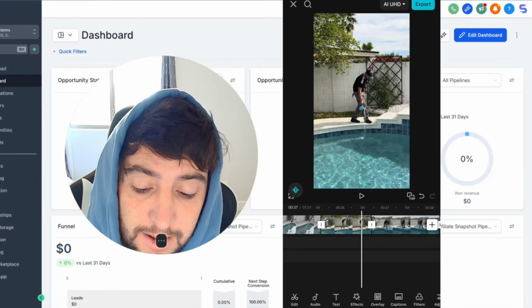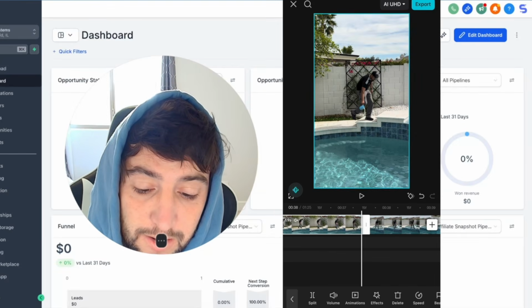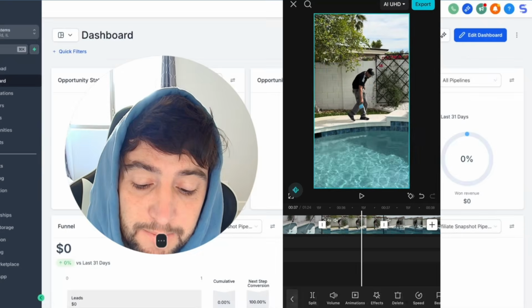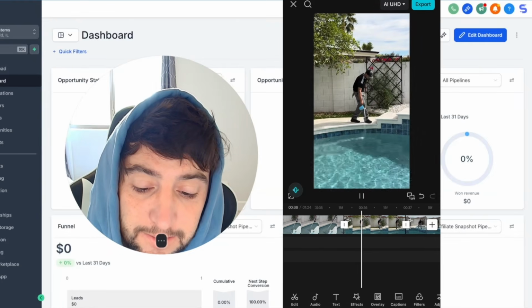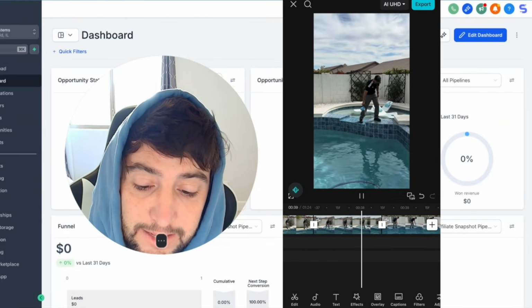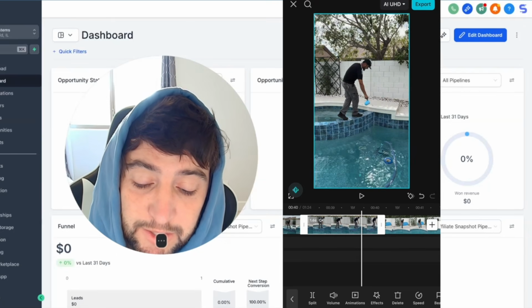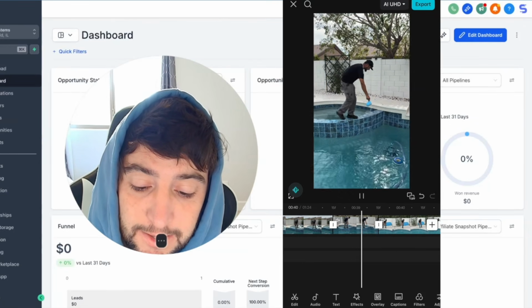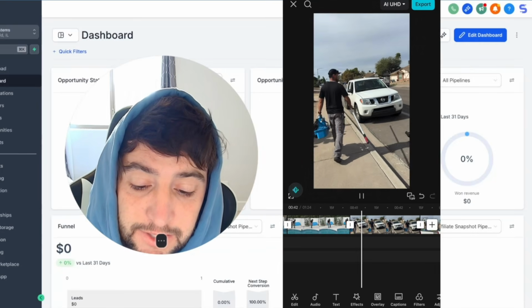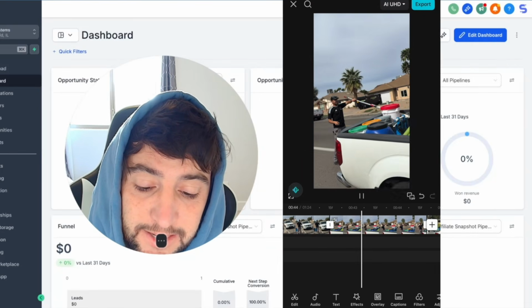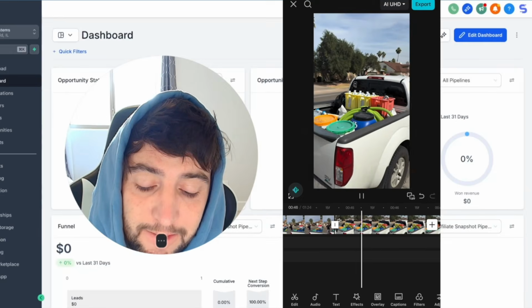So let's see what we got. I'm trying to find my favorite part. I think I like right here where he's walking up the stairs. So I'm going to keep that part in. And then boom, now look at that. We just took out so much. We took out like 2 or 3 seconds just right there. And then we got rid of a massive scene. And then we've got the ending scene, which is him going into his truck, and then the final drone shots